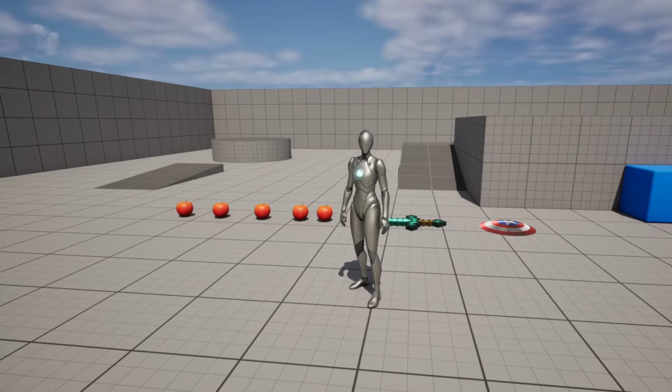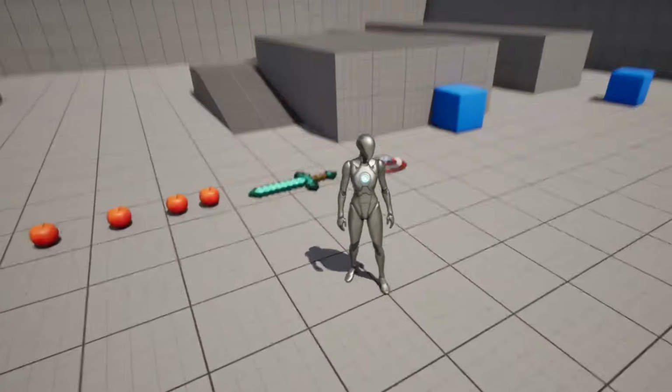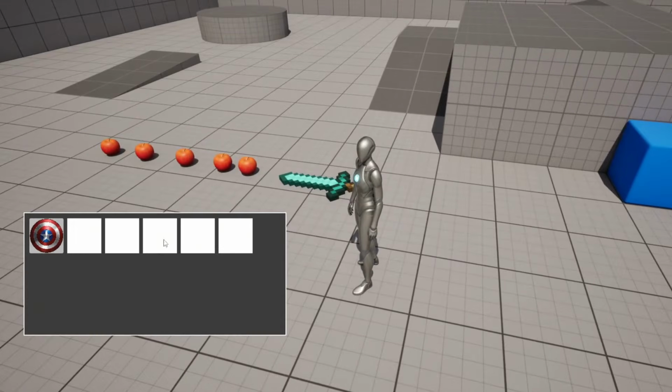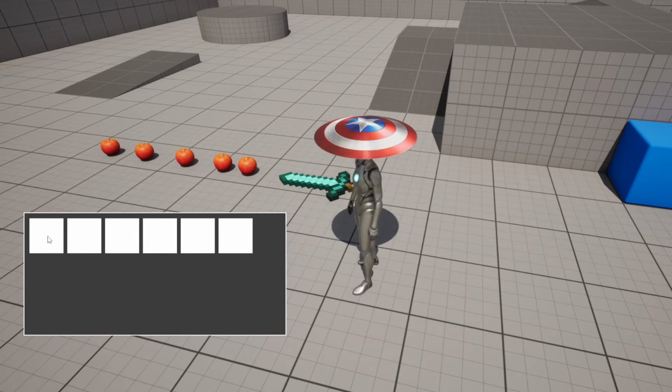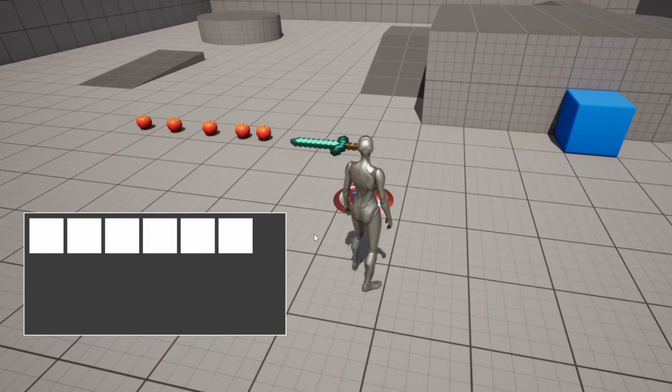Hello, in this video you're going to learn how to create an inventory system. When I press I, I have 6 empty slots in my inventory, and I can just press E to pick up an item, and now when I press I, I have that item in my inventory. If I want, the player character can drop that item, so it's there, and then I can pick up this